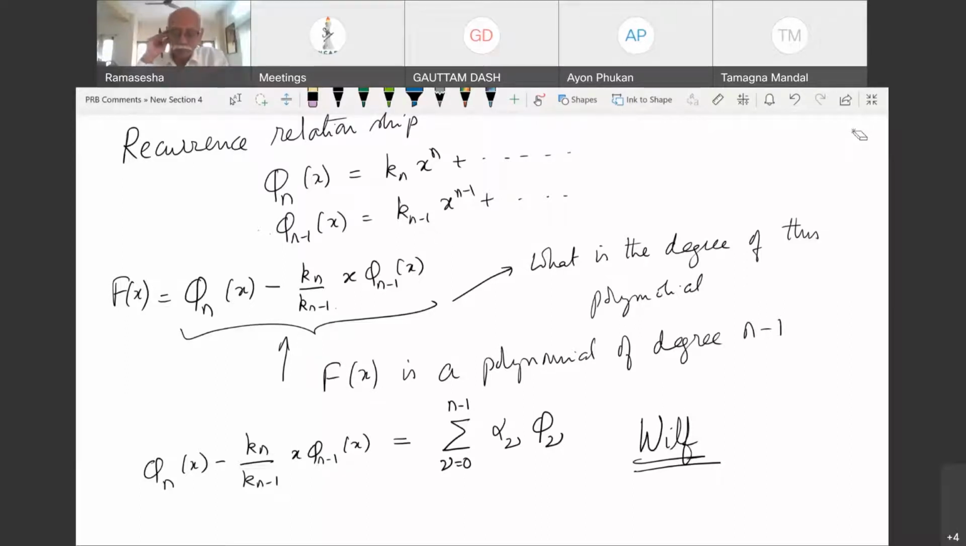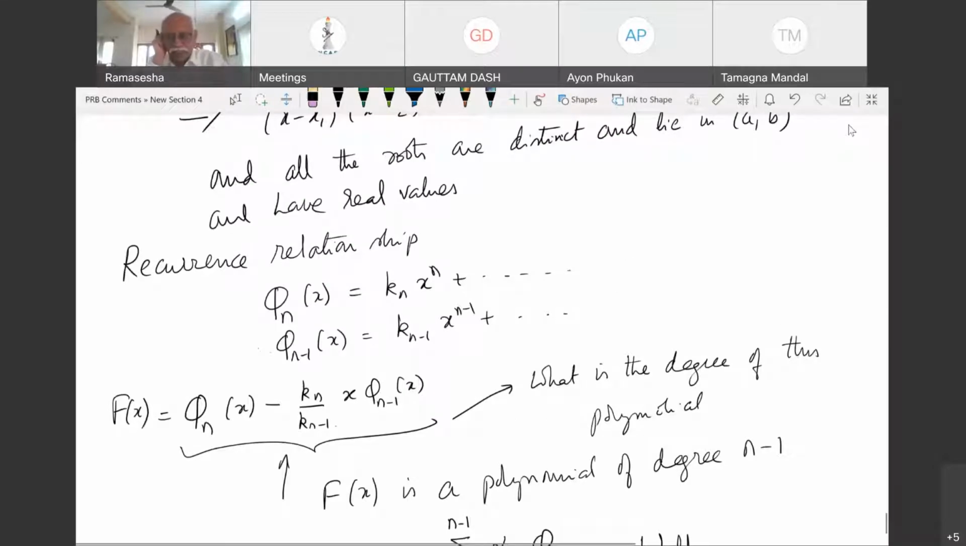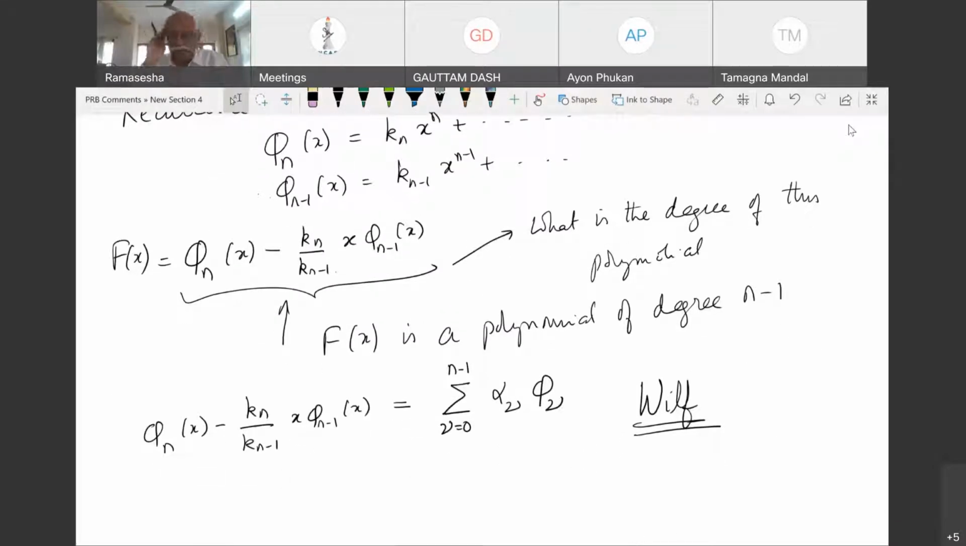Okay, so in the last lecture, I was trying to obtain recurrence relationships involving orthogonal polynomials. What I did was I told you that I take a polynomial p_n(x). By convention, I can write it as k_n x to the power n plus lower powers of x. Similarly, p_{n-1}(x) is k_{n-1} x to the power n minus 1 plus lower powers of x. Now, if I construct another function from p_n(x) and p_{n-1}(x), which is given by